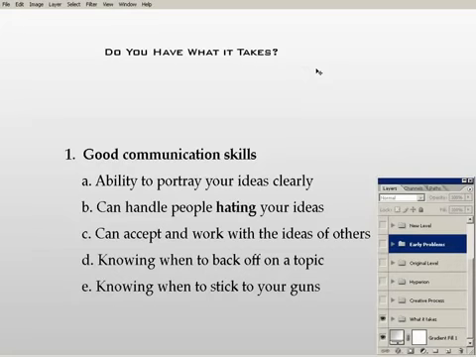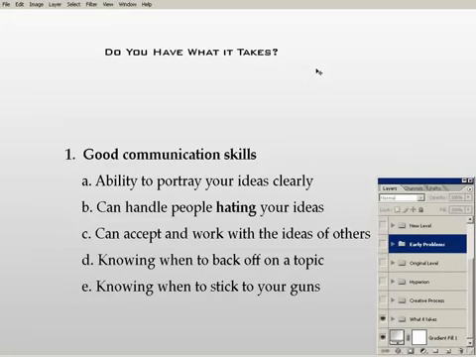And that's something I'm going to be harping on a little later in this presentation: remember that technically there's no such thing as a bad idea. There are ideas that won't work. There are ideas that are inappropriate, but there are no bad ideas, because sometimes even the worst ideas can be turned into something good, or can get somebody else's gears turning to think of a really good idea they wouldn't have thought of if they hadn't heard your really bad idea in the first place. It's called mutation. There you go.